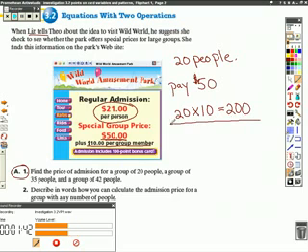So my total, when I add those together, will be $250. Okay, so 20 is the amount of people, and $10